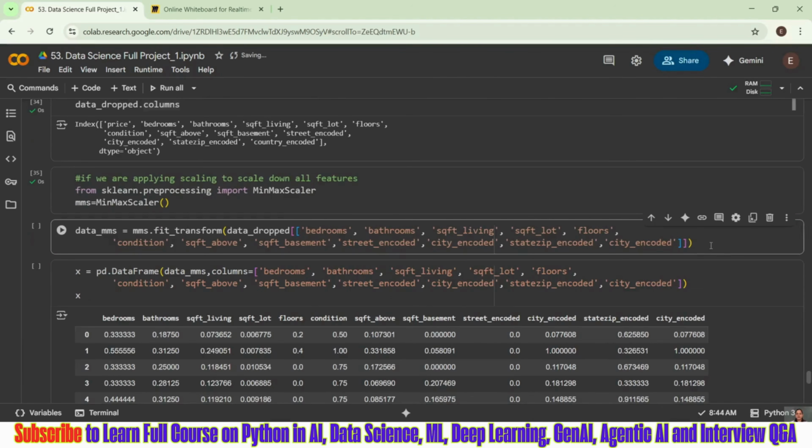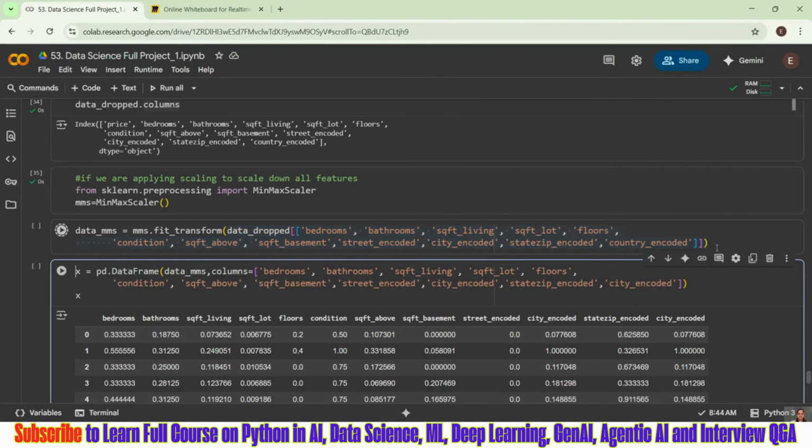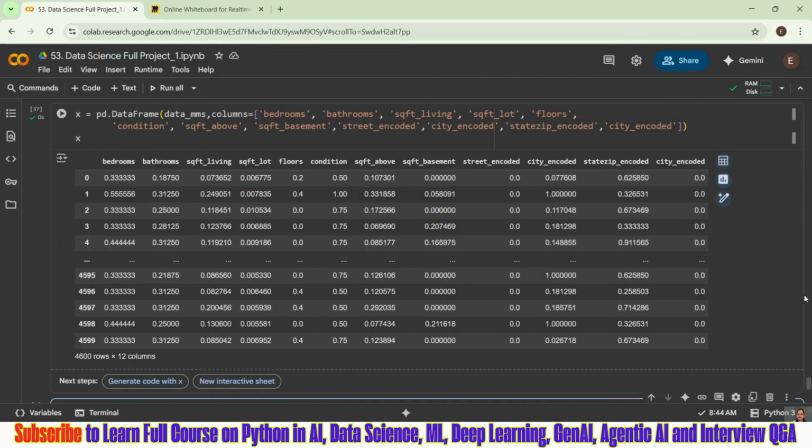And I am taking all my columns, country encoded, I think this is. So I have taken all my columns, you can see, and this is the method, right? MMS dot fit underscore transform is the method. And I'm taking all columns of my data dropped, right? And I'm applying it.